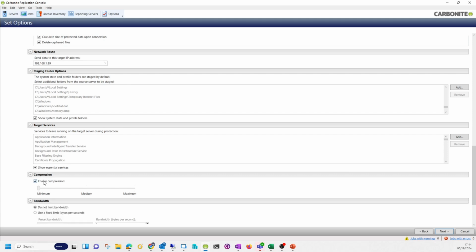There's compression. We've got 3 levels of compression, or 4 if you include turned off. I tend to set it to medium. Compression will really reduce the amount of data that gets sent over the network. It's intelligent. It only tries to compress files that it knows aren't compressed. So if we see a zip file or a JPEG or an MP3, we don't waste time trying to compress that data. If we were working at the snapshot level or the volume level, which a lot of our sort of competitors would use,